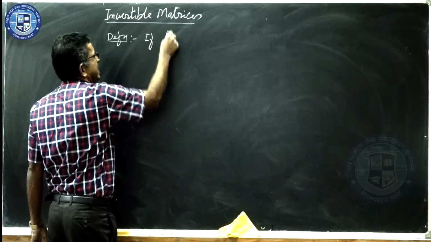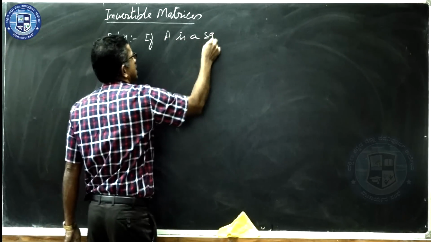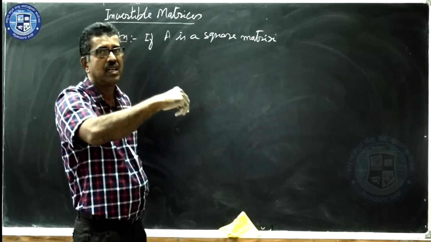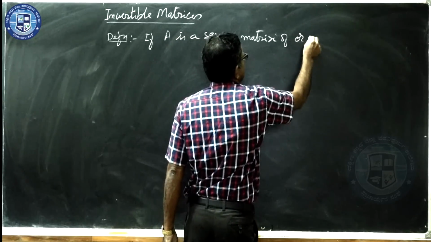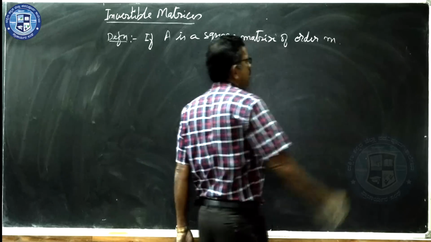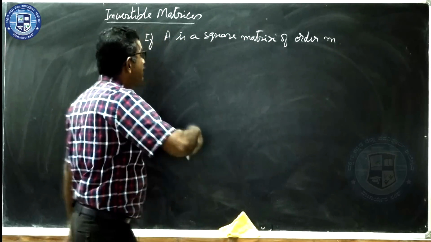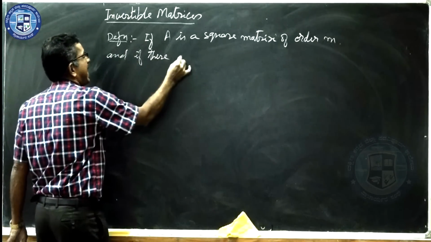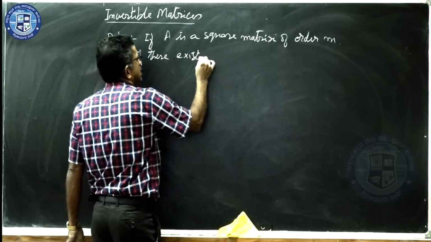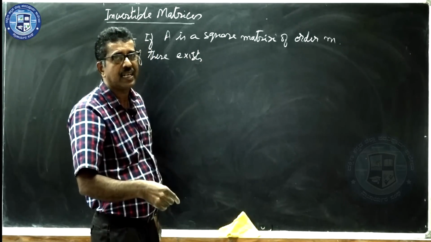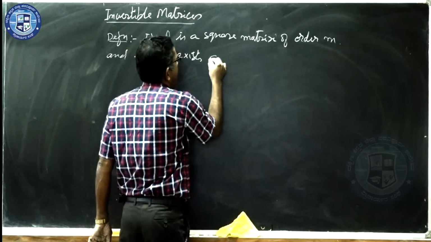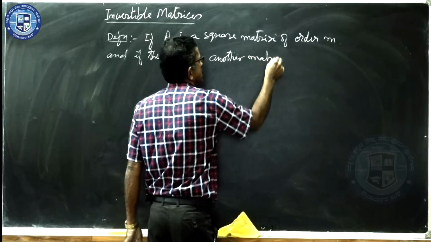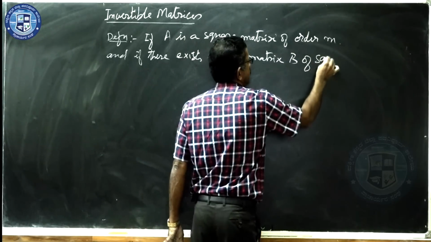If A is a square matrix of order m, meaning it is m cross m, and if there exists another matrix, let me call it B, of the same order,